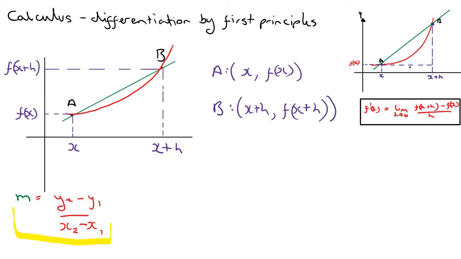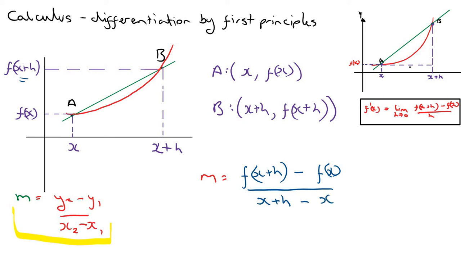So here m becomes, just going to switch to blue writing for this, m becomes the difference between the y's, so the y value of B, which was this one, f of x plus h, minus the y value of A, which is just f of x, all divided by the x value of B, which is just x plus h, minus the x value of A, which is x. And so I'm just going to tidy that up. That just equals f of x plus h minus f of x, all divided by x plus h minus x, which is just